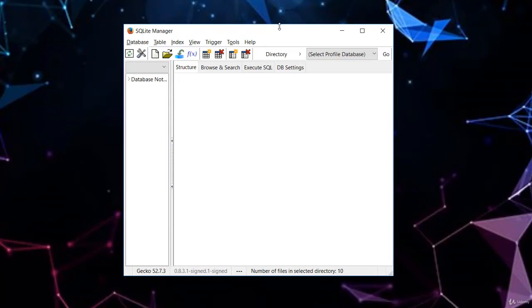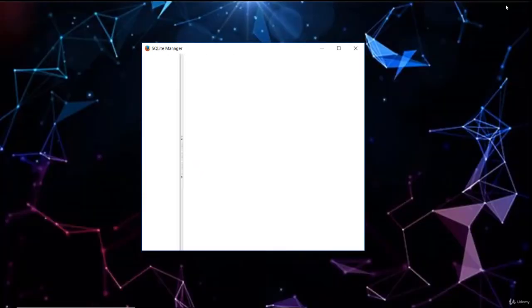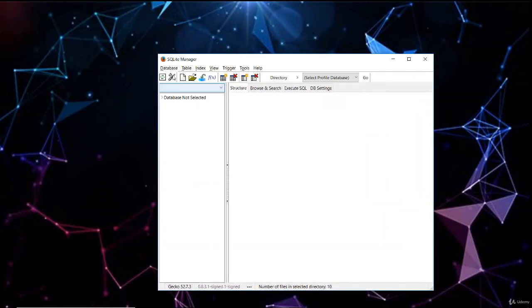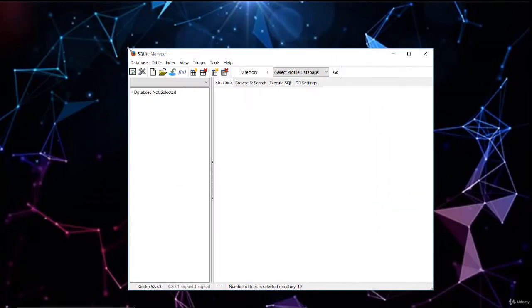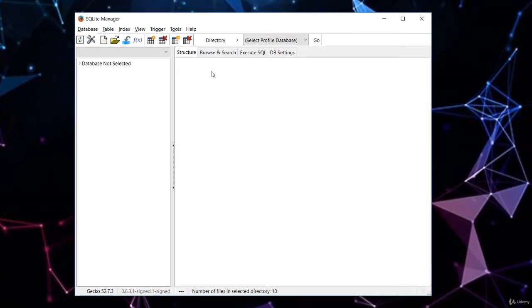So this is all I have here right now. If you go ahead, you can enlarge this by clicking on this, and you can see that it's enlarged, or you go ahead and leave it just the way it is. But I think I'm going to extend it a little so that we can see everything. So now we have SQLite Manager here. So move over here and hit on database